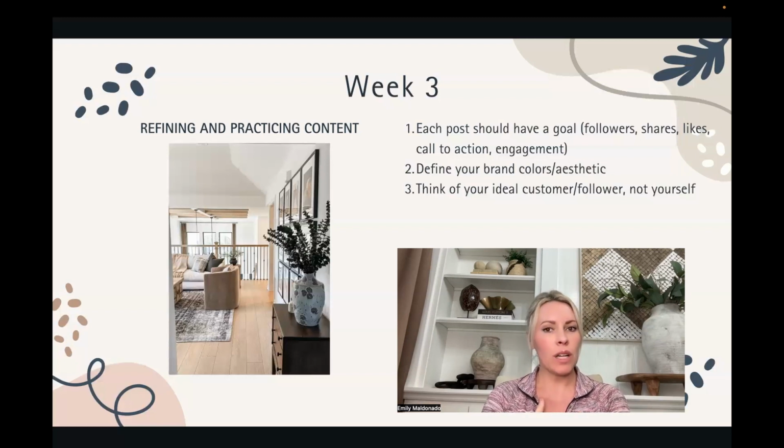I would suggest reels. Reels are going to grow you much faster than any type of content on Instagram. So if you're asking, should I do a reel? Should I do a photo, a carousel? Do reels, 100% reels when you're new and you're trying to grow. Each reel can have a specific goal. For example, let's say that a goal on the reel that I'm going to post today is to get shares. I want to make sure that that content is shareable.